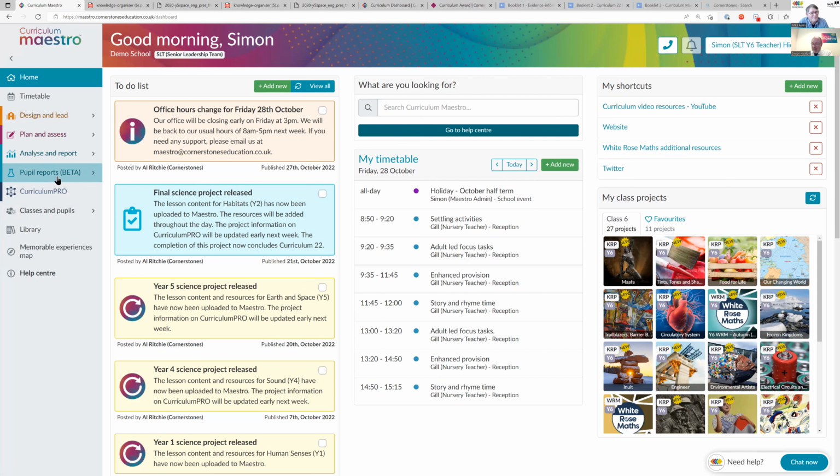So we like to release this early so people can give us feedback, and then we can make the necessary tweaks to make it perfect for the summer, because this will pull through all that information that the teachers are creating into a report that schools can make completely bespoke to their school. They can add their own notes, as much or as little as they want, so they can make it one side of A4 if they wish, but it pulls through what information they need to share with parents. And again, it makes it all as seamless as possible.